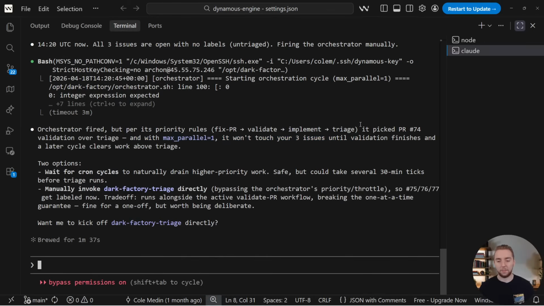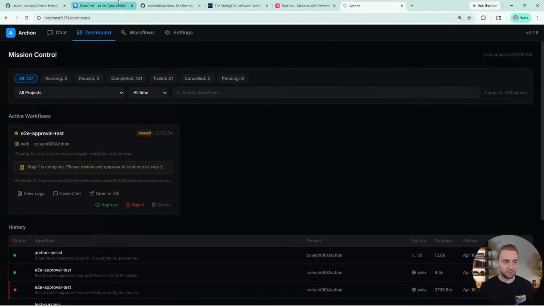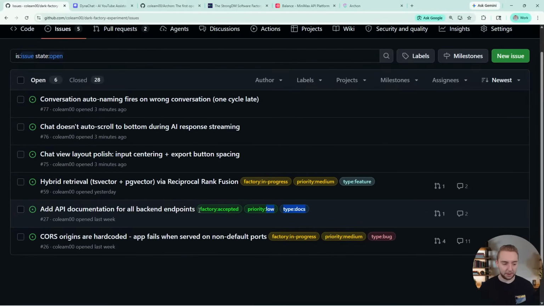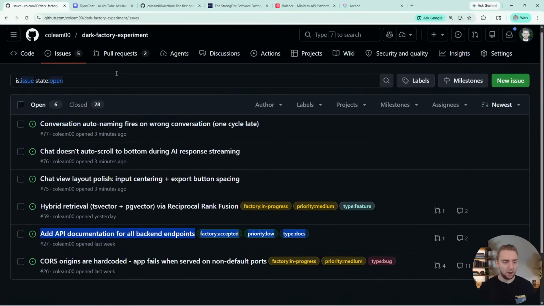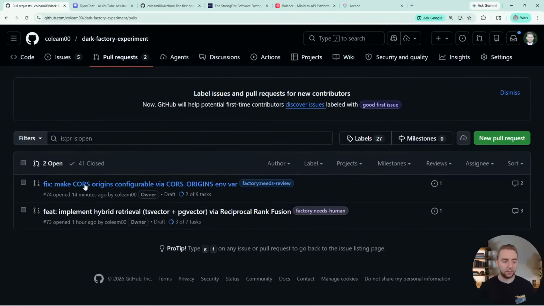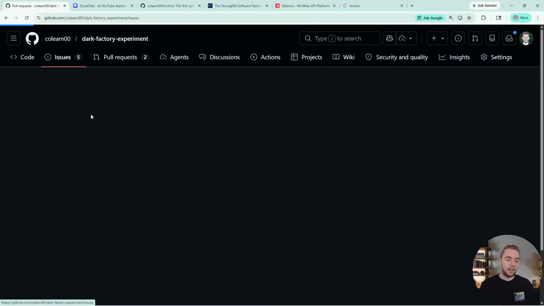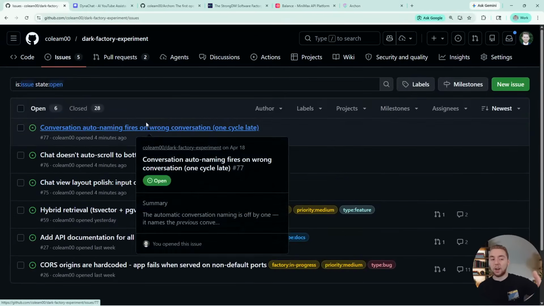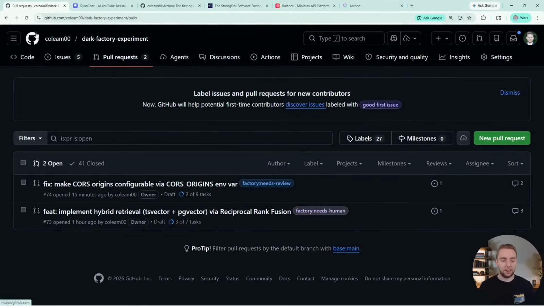Oh yeah, okay. So it picked up a pull request or an issue instead of triaging because I had a different issue open already. So I think it picked up this one, or no, I think it reviewed a pull request. Oh yeah. So it decided to do this. Whenever the factory runs, it figures out what's my next task. Should I review a pull request? Should I handle an issue? Should I triage? What should I do? Right. So I think right now it decided that it's going to review this pull request.